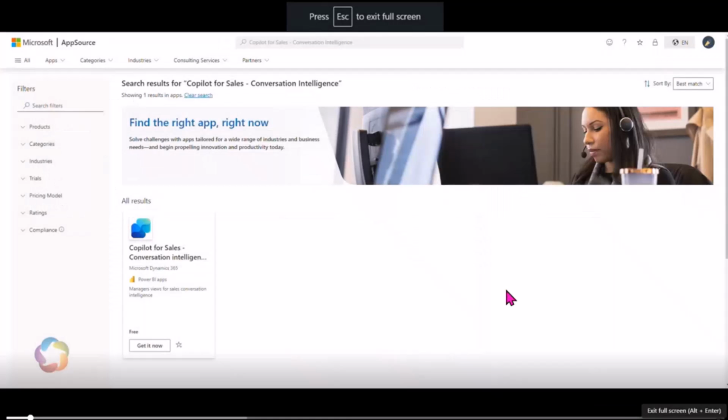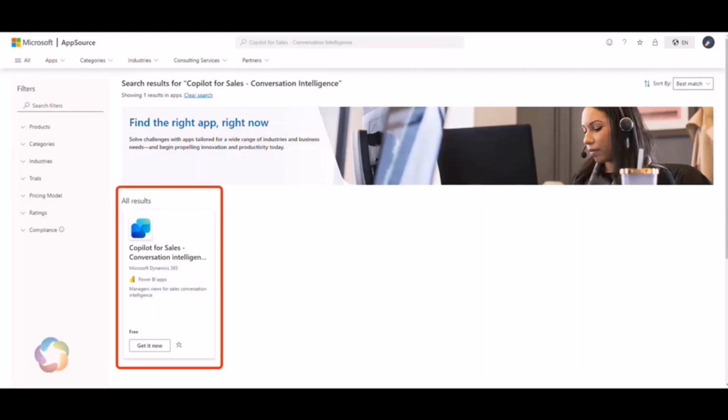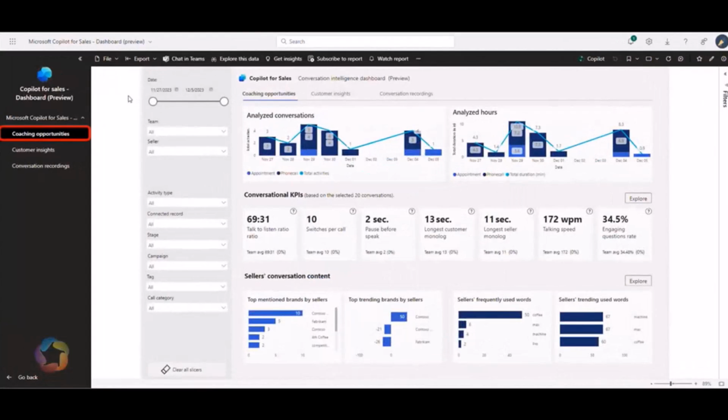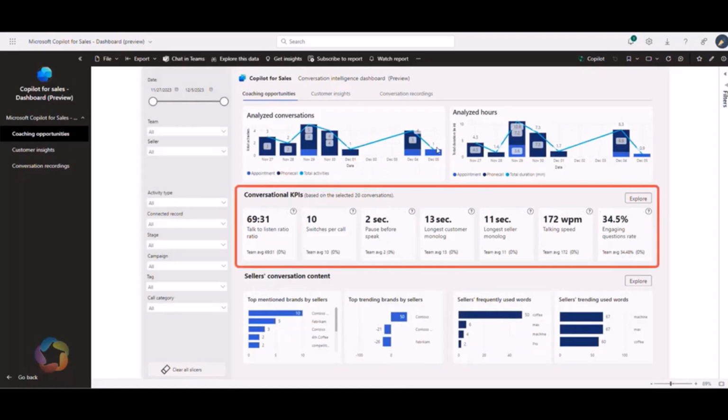Like most organizations, Contoso strives to have insights and analytics at their fingertips. With the Copilot for Sales Conversational Intelligence Dashboard, Ali has that and more. This Power BI dashboard contains insights on 3 core areas: coaching opportunities, customer insights, and conversation recordings. Each area provides a dynamically responsive interface. Here, Ali navigates through the various data points, selecting aspects of data which then update the rest of the metrics. This allows Ali the ability to drill into items that catch her attention or derive key metrics for the team